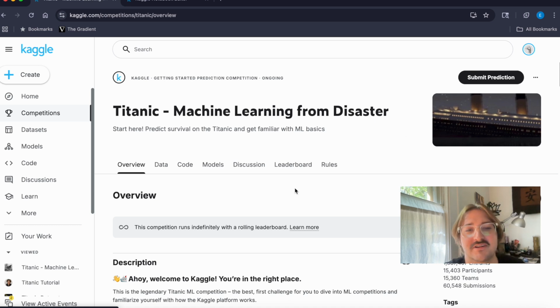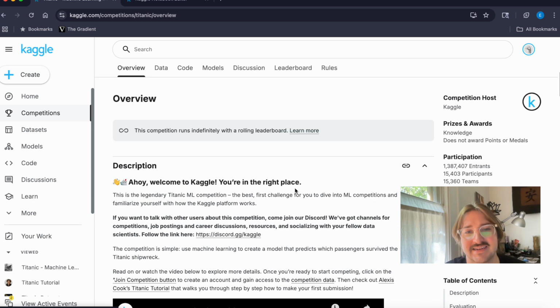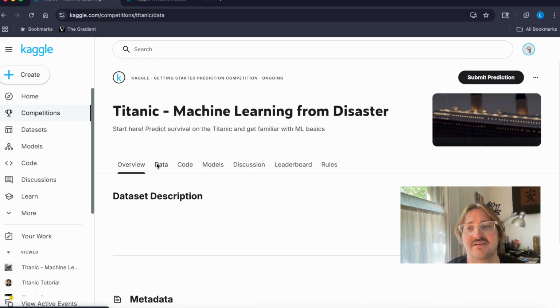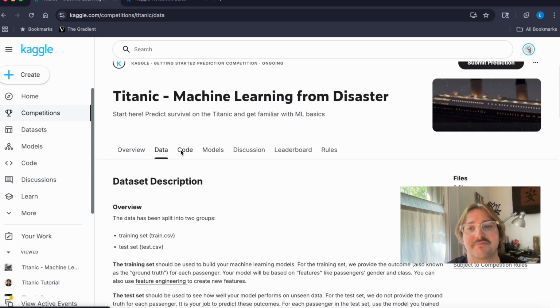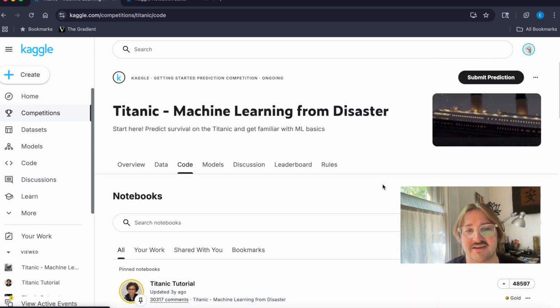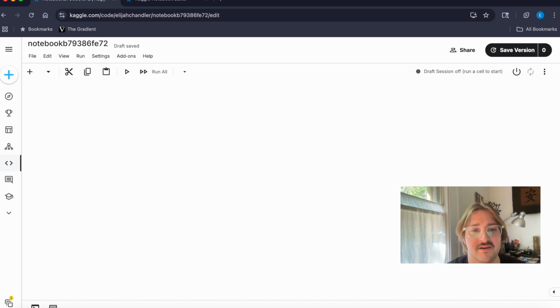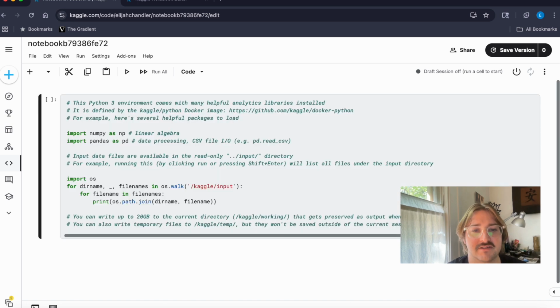So what you're going to do is come to the Titanic competition, and usually where the submit prediction is, you're going to accept the terms and conditions. You're going to enter the contest. After you've done that, you're going to get this overview screen, but what we actually want to do is head over to the code. So you'll click new notebook,